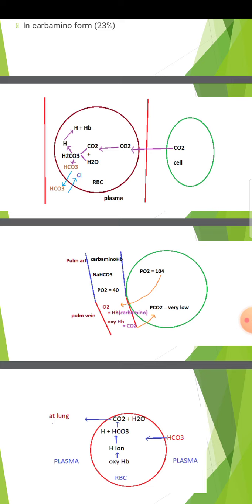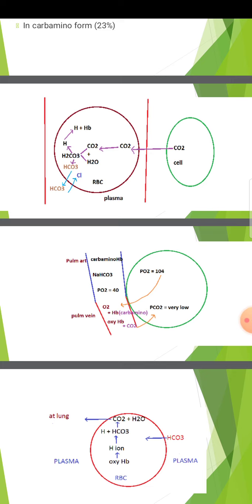Now let's study how the release of carbon dioxide from bicarbonate occurs. Now the oxyhemoglobin has formed and it is a strong acid. So there is a resultant increase in H ion. To neutralize this, the bicarbonate diffuses into the RBC. The H ion and the bicarbonate react again to form H2O and CO2. Again, the carbonic anhydrase takes care of this reaction. Now, the carbon dioxide diffuses into the plasma.